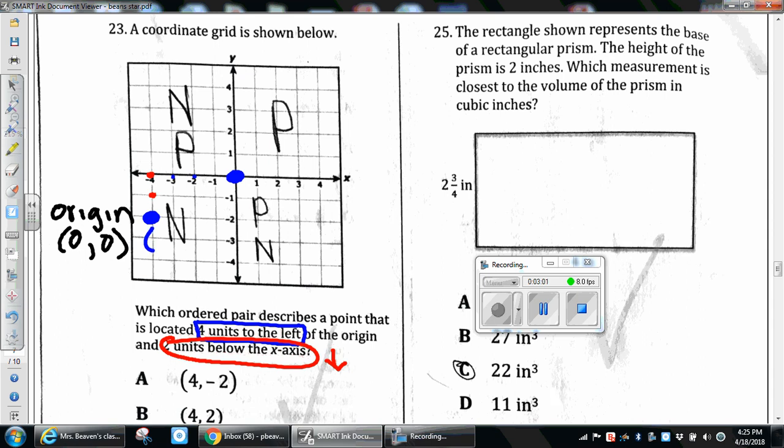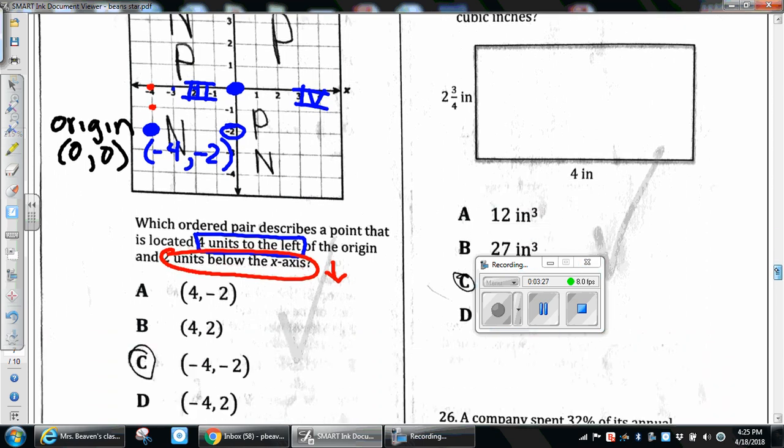The coordinates of that point will be -4, because we moved to the left. So it makes sense. And 2 down, so that's also negative, -2. And so that point is going to be in quadrant 3. So this is what we call quadrant 1, 2, 3, and 4. So the correct answer for this question is C. You got that one right as well. So let's move on